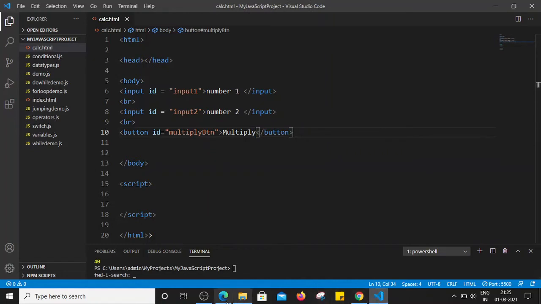Right, so this is how the file will look. So these are the two input fields basically. This is number 1, this is number 2, and this is the multiply button. As soon as I click on the multiply button, it should automatically multiply these two values entered in these two input fields, and it should display the result here. But currently nothing is happening because it's just a static web page and we have not implemented any JavaScript code yet. So let's see how we can do that.